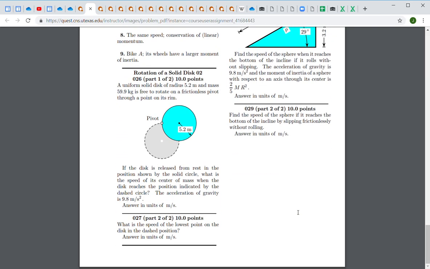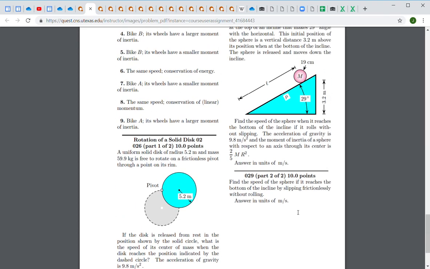Part 2, find the speed of the sphere if it reaches the bottom of the incline by slipping frictionlessly without rolling. So in this case, it would be moving as a particle. So we can't use the same equation we had in the previous one. We would still use net work by external forces is delta KE plus delta PE, but in this case, it only has translational kinetic energy. So we would just have for change in kinetic energy, 1/2 m v final squared minus 1/2